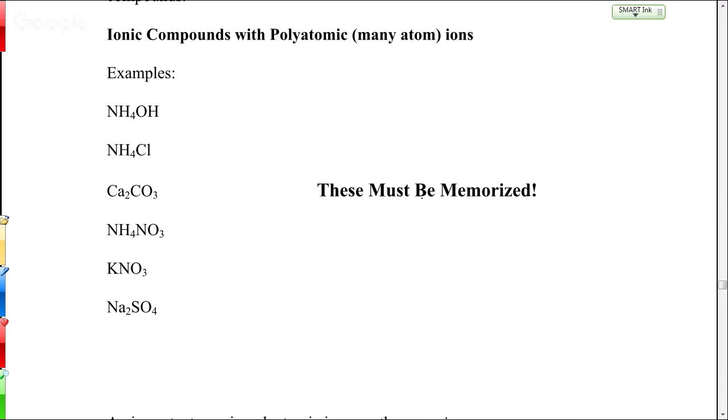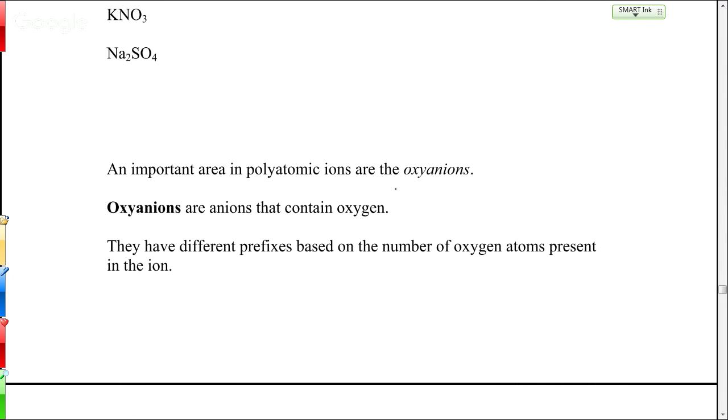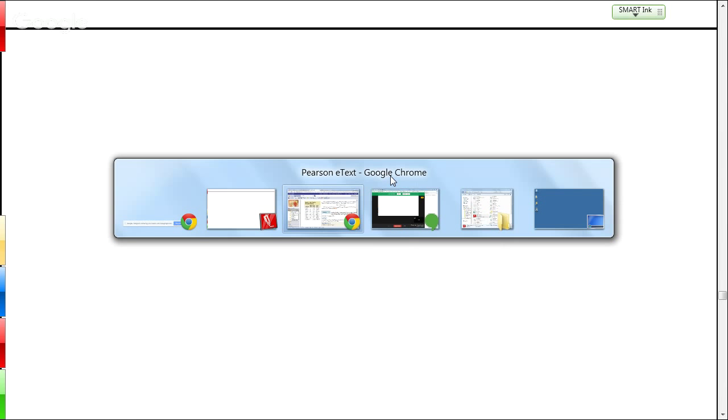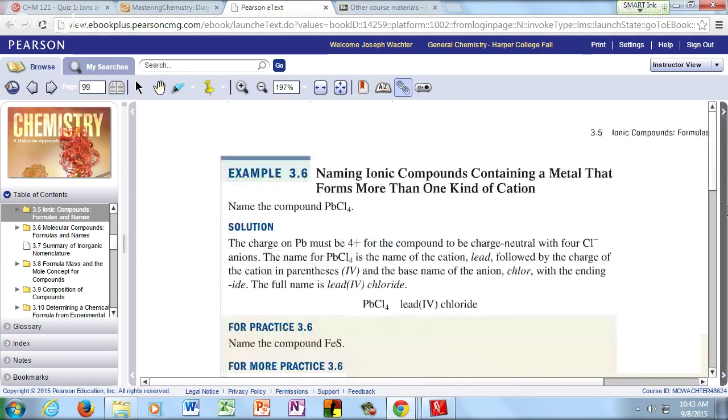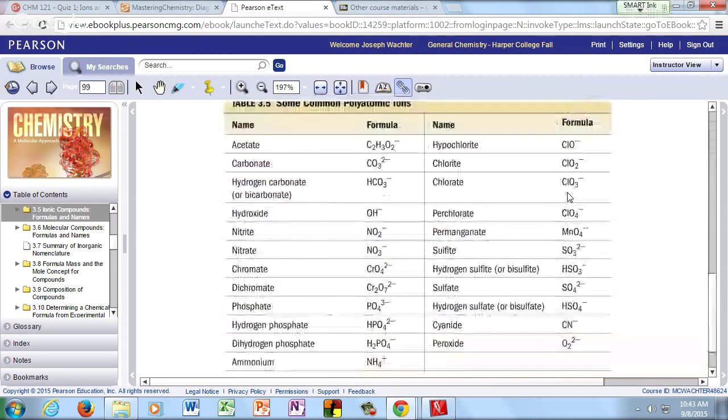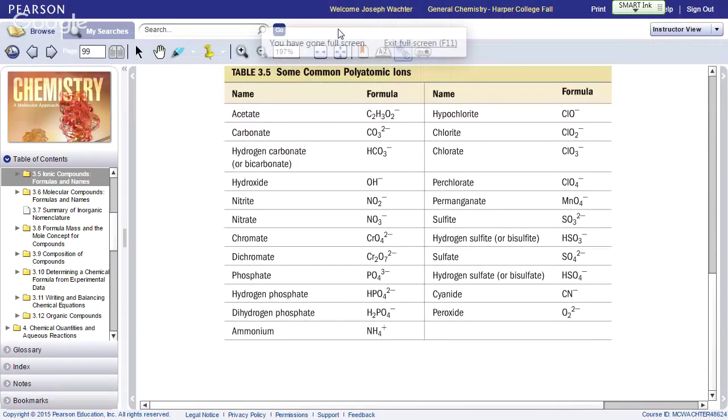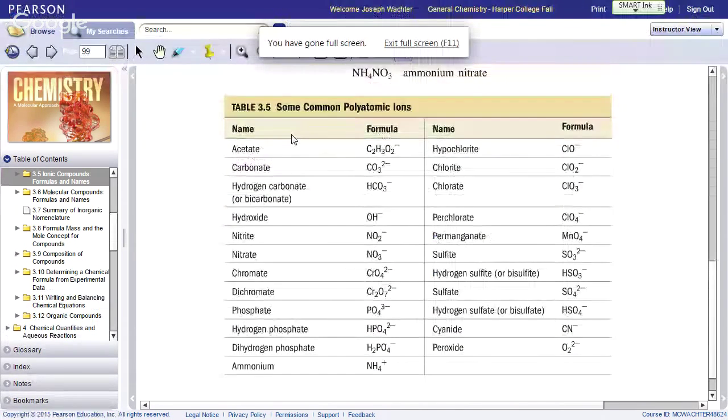Have you learned these ions before? Seen some of these things? Things like ammonium and hydroxide and all that kind of stuff? Well, guess what? If you got them, good. If not, got to do it here. So let me show you the table of what you need to know. So we'll have it for the rest of class today as we start working on this.